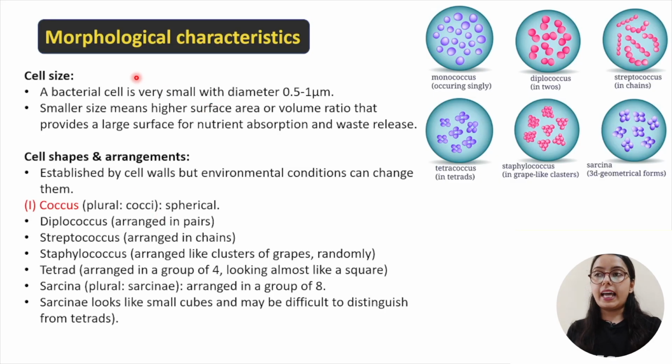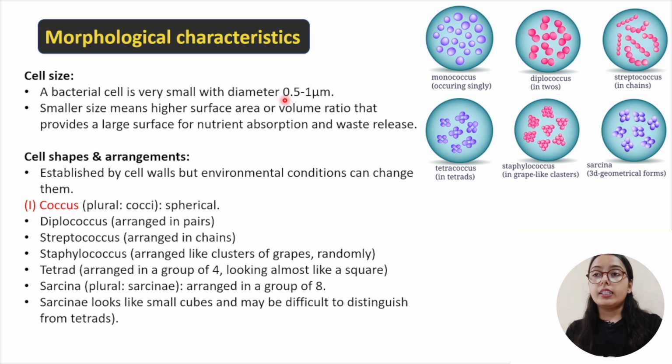Now, before understanding the morphological characteristics of bacteria, we must first know that bacteria are actually a type of prokaryotic cell which lacks any kind of membrane-bound organelles or a well-defined nucleus. So now, since we know that bacteria are a type of prokaryotic cell, we can understand their morphological characteristics. Talking about the cell size, bacteria are very small with a diameter of 0.5 to 1